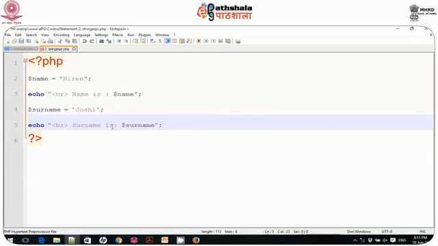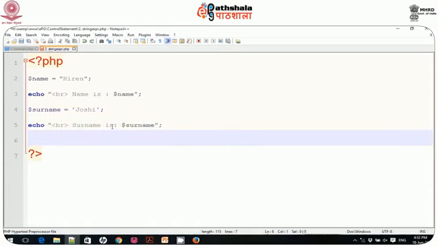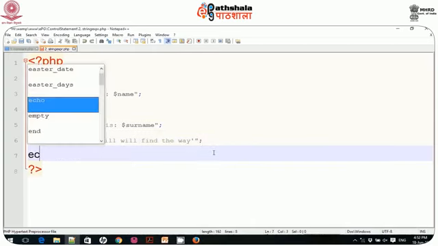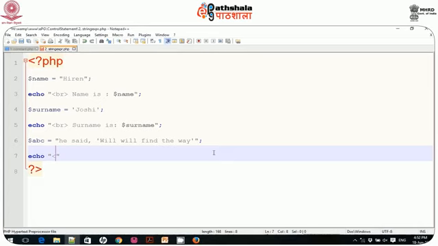Of course you can combine these two also. For example, I can write $abc is, you can say, he said, "will find the way." So first I write in double quotes, and within double quotes I can write in single quotes, and then write echo br $abc. Of course the variable name should be meaningful, but for demonstration purposes I take ABC here.